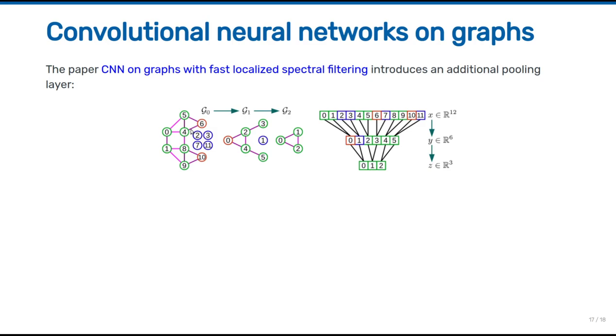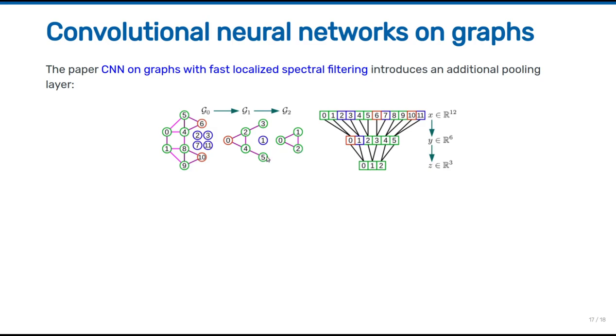So you can take indeed whatever you want for your favorite clustering algorithm for graphs. In this case, it's Raclus. What this clustering algorithm is doing is merging similar nodes. For example, from this graph to this graph, nodes 5 and 4 have merged to obtain this number 2, 0 and 1 to obtain this number 0, 8 and 9 to obtain this number 4, and that's it. And then from this graph to this graph, 2 and 3 are merged to obtain this 1, 4 and 5 are merged to obtain this 2.